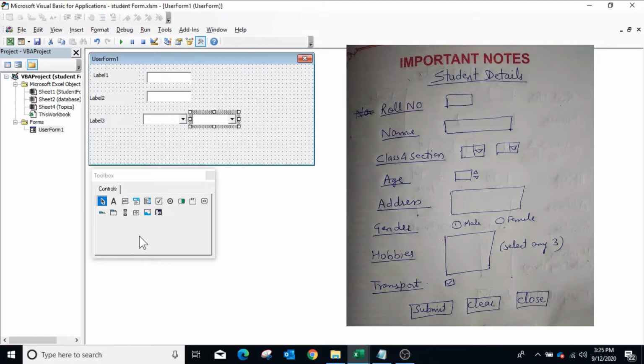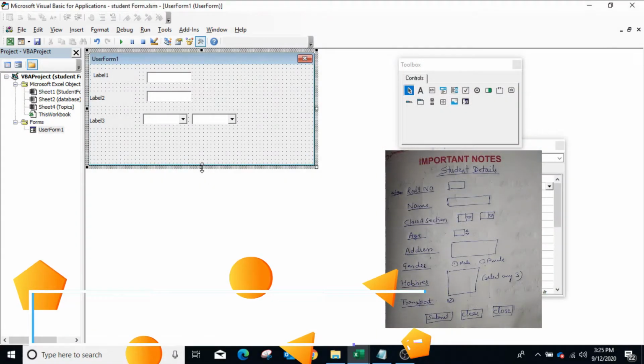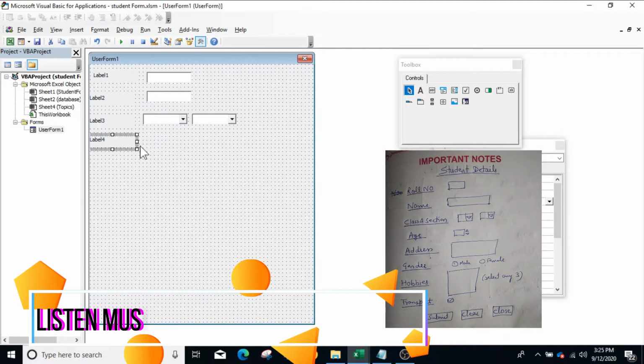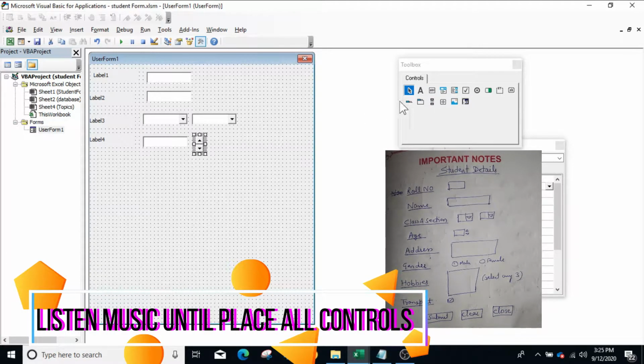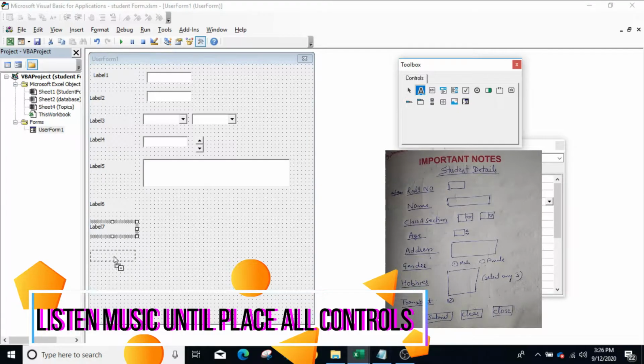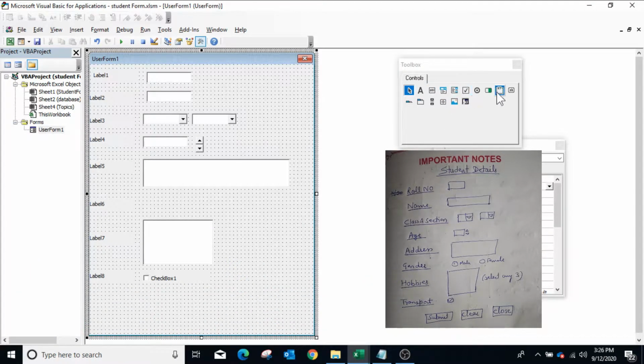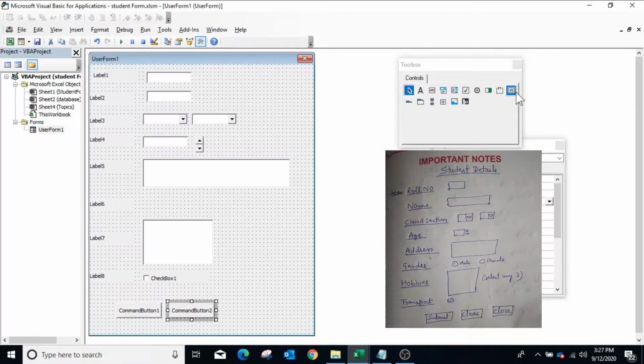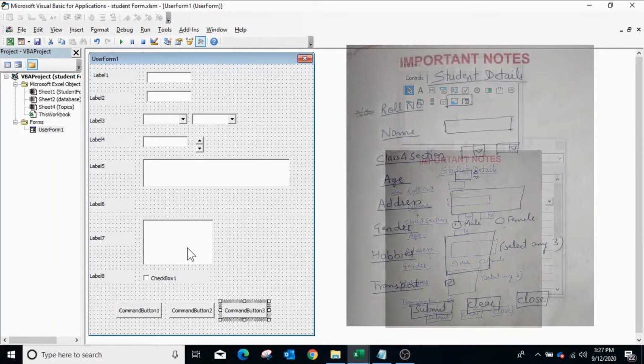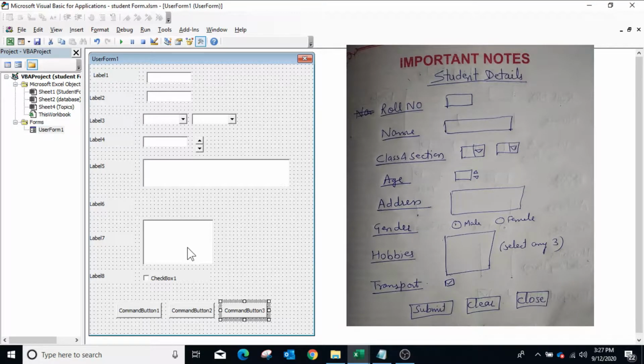All the controls are available on the toolbox, so you can drag them one by one and place them on the user form. So I have placed all the controls except the option button.